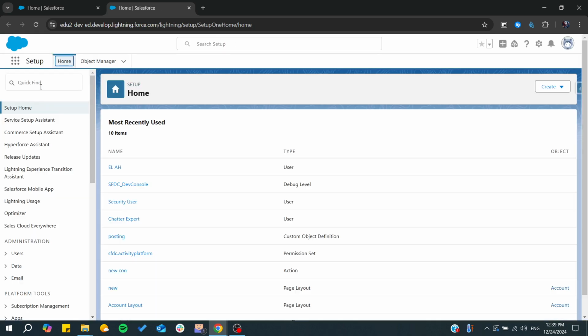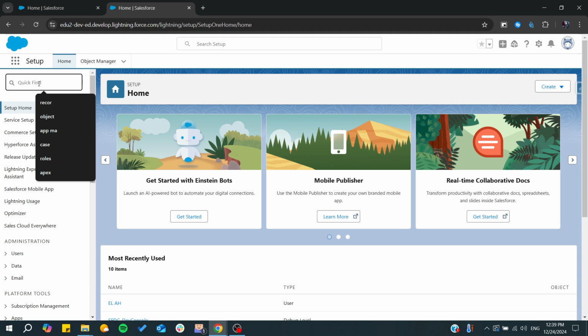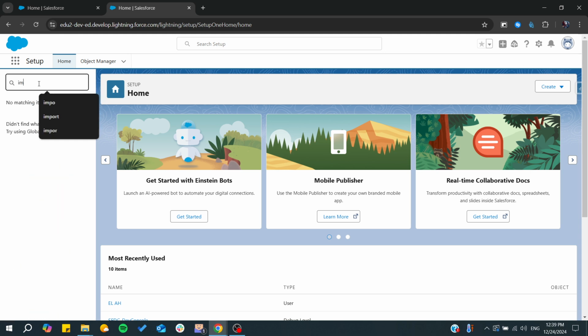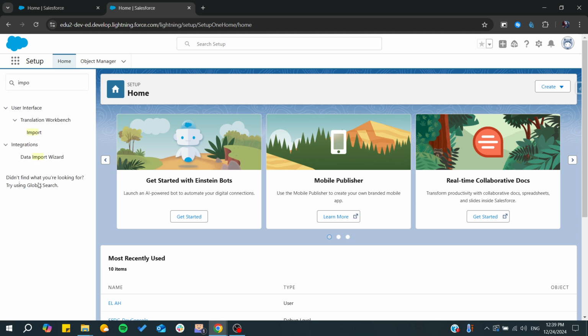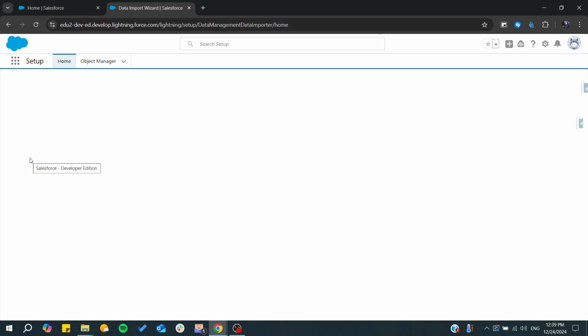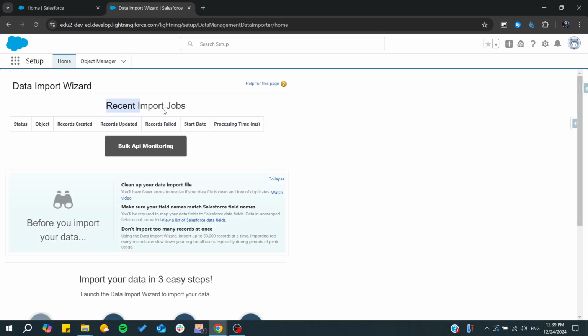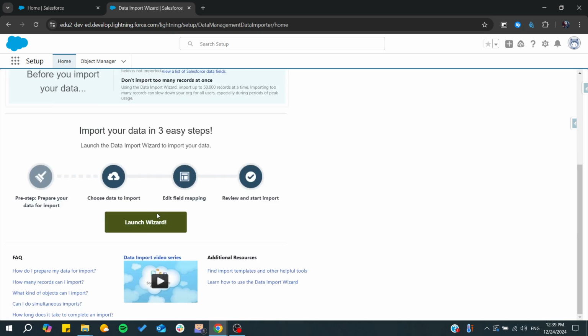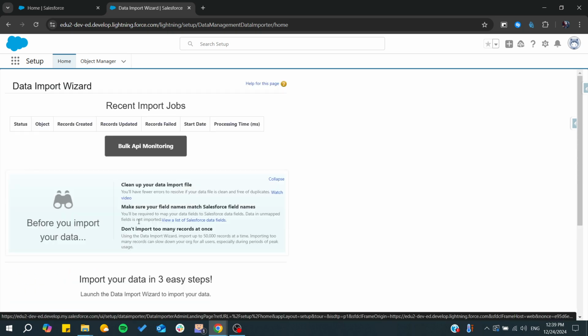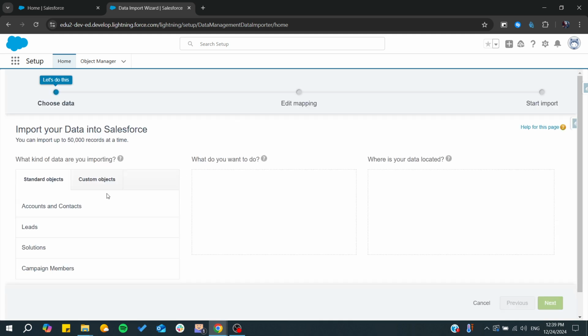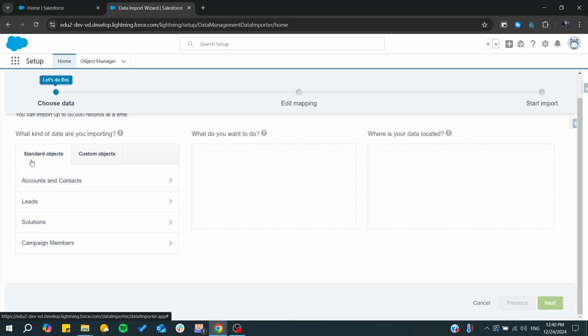So basically we need to go to setup. After that, you will need just to go to import data, or in here we can find the data import wizard. We need to click on it, and after that, we need to launch the wizard. So I'm just going to launch it, and from here you will need to choose the objects